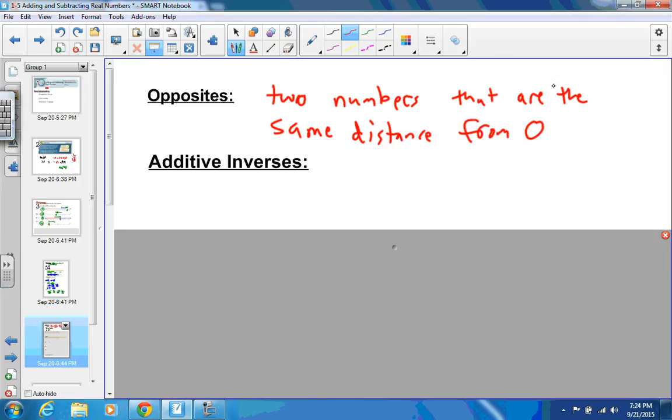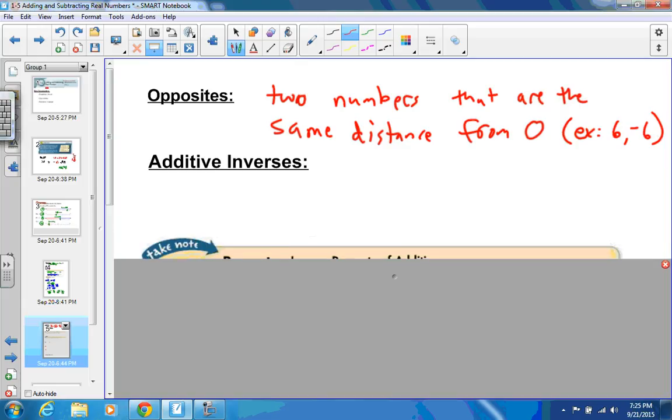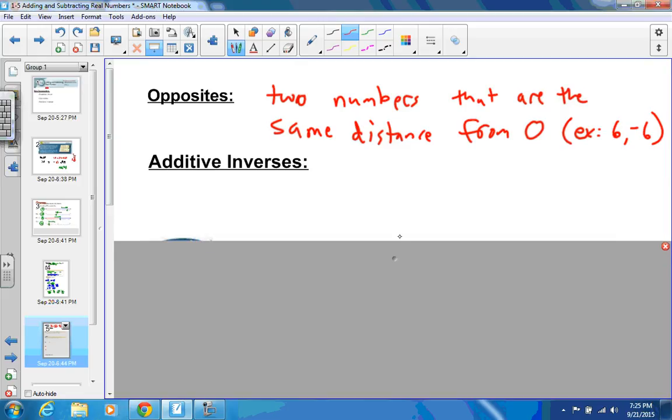So basically what I'm saying is if they have the same absolute value, but let's say for an example, you have 6 and negative 6. Same, they're both 6 spots away from 0. One is positive and one is negative. Now additive inverses, just the only thing to note about this is that opposites,